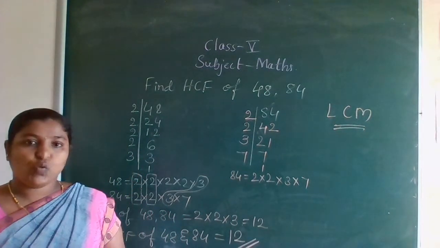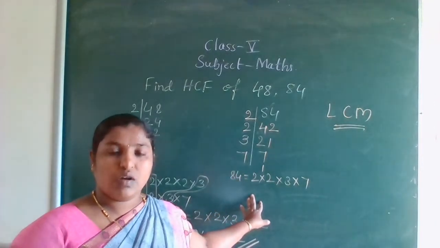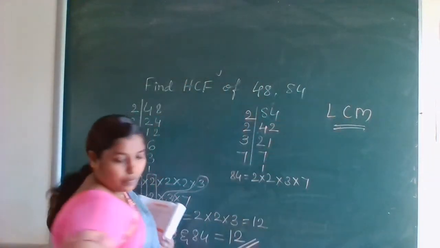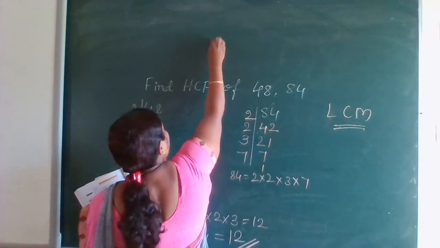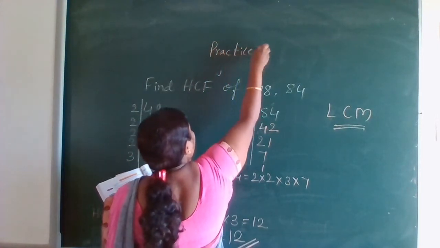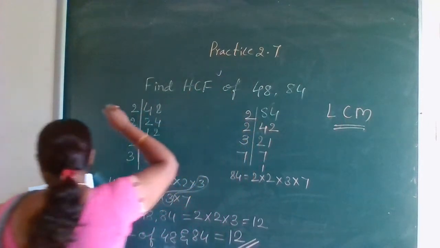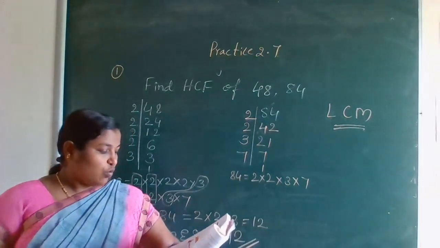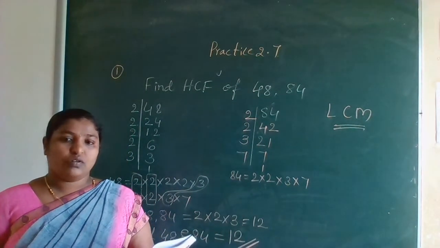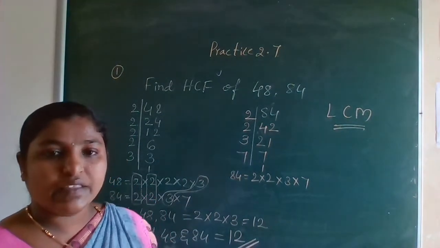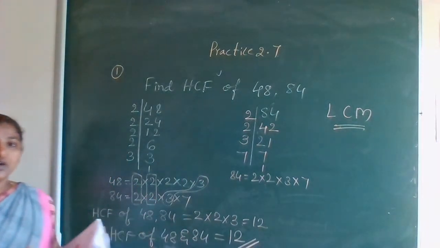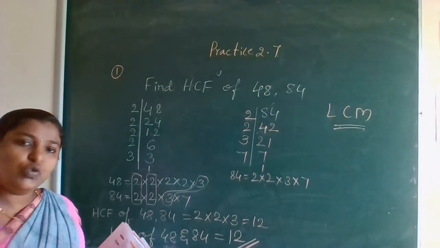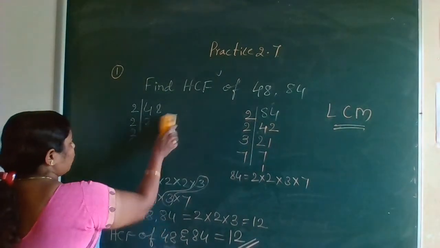I'll show you one more. This you write in your fair book. Okay, next go for the second question. Let us practice 2.7. In that, this is the first problem. Find the HCF of the following, 48 and 84. You all write this in your fair book. Pause the video, see the board and write it. If you can, do it on your own. Next we will go for the second problem.